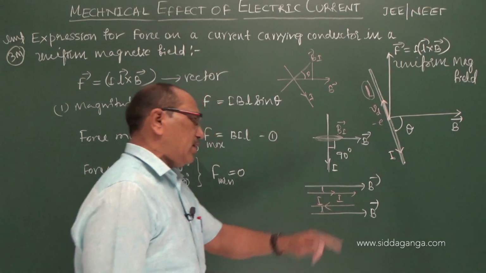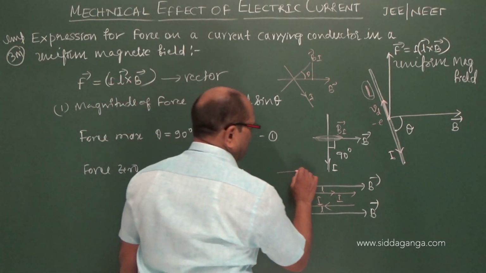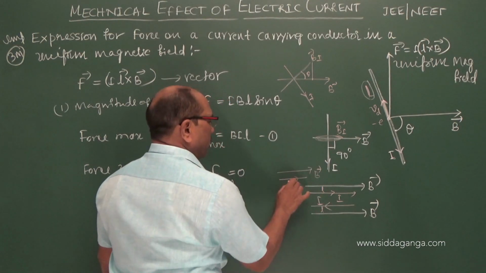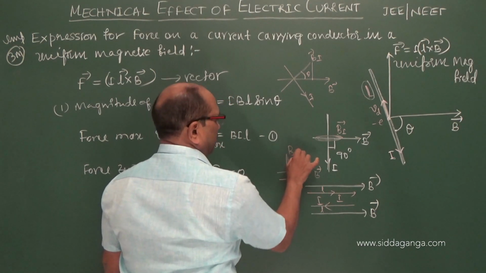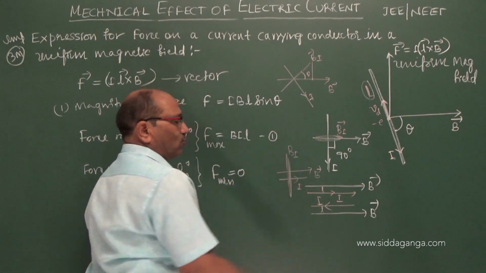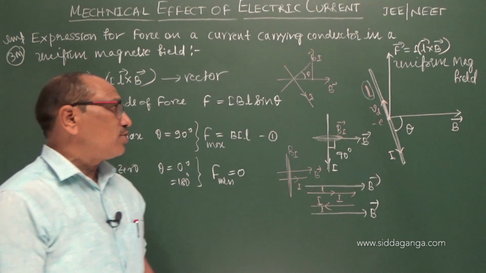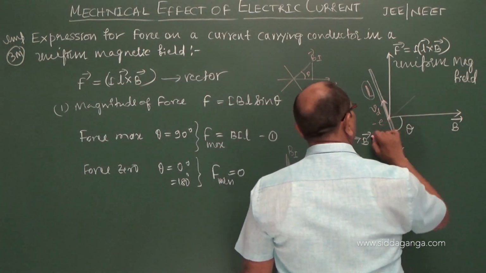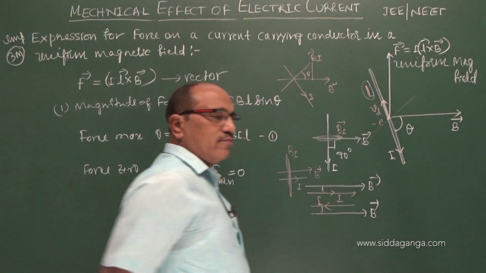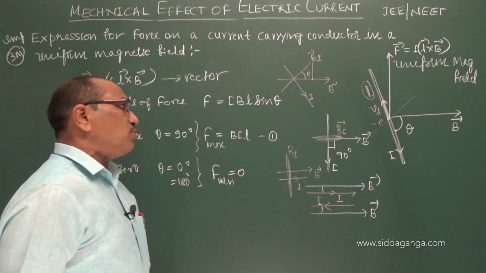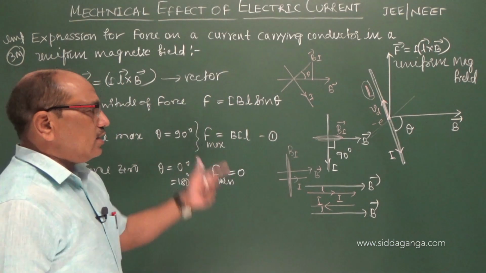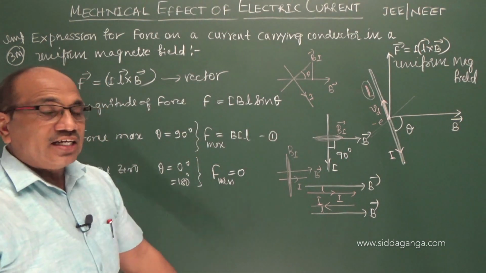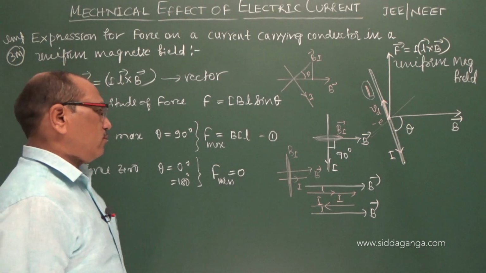When you place the conductor parallel, this is the direction of B and also of the current, and the magnetic field produced is perpendicular. Interaction is 0. No interaction, no force. Maximum interaction, maximum force. In this case, it is having some interaction, therefore some force. As theta goes on increasing, force goes on increasing. When the conductor is perpendicular, it experiences maximum force because of the maximum interaction it has.